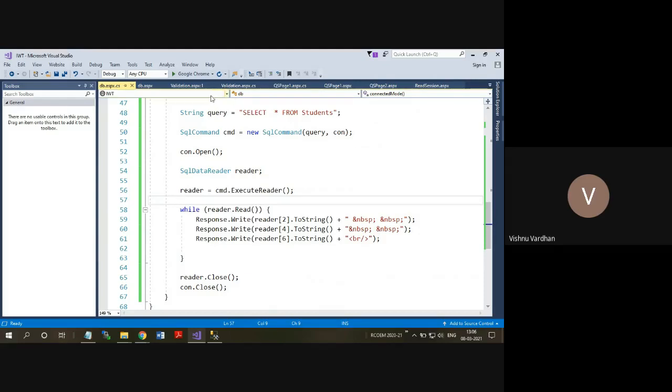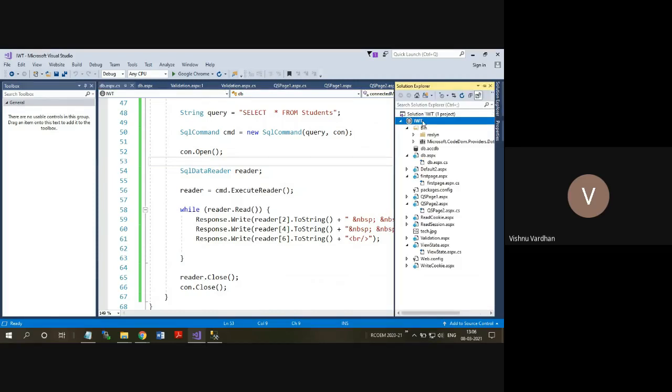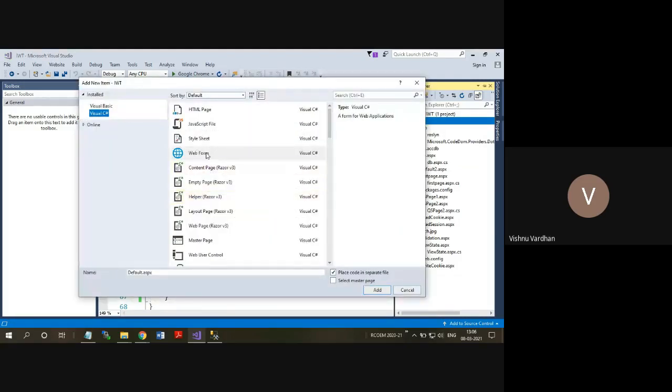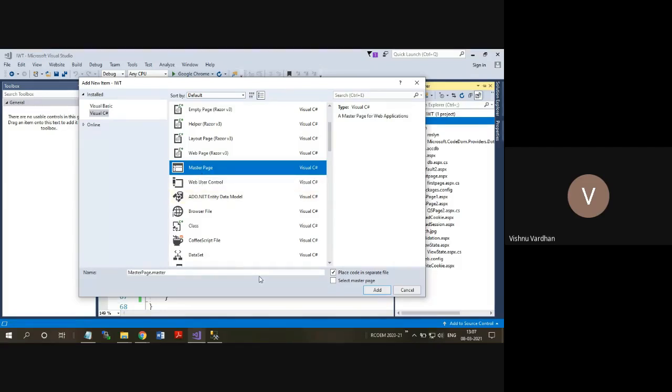Next is how to use master pages to your advantage. First of all, I will show this with a demonstration. I am going to create a new master page by selecting Add New Item. In that, right now you don't have to take the web form. Scroll down until you get the master page. It can be with any name; you can change the name of this master page to something else also. So this MasterPage.master is the file I want to create, and I am clicking on Add.